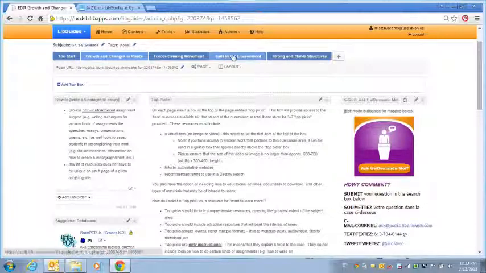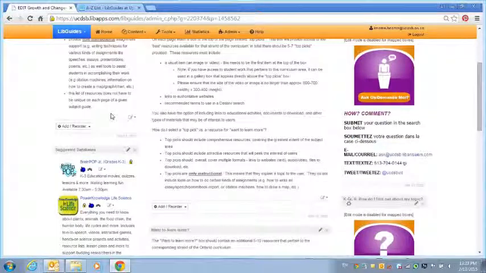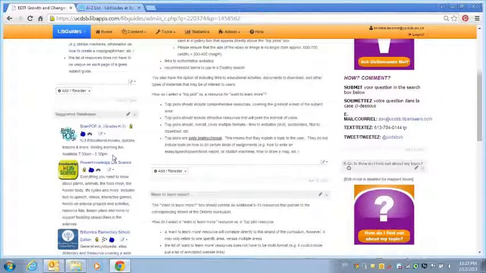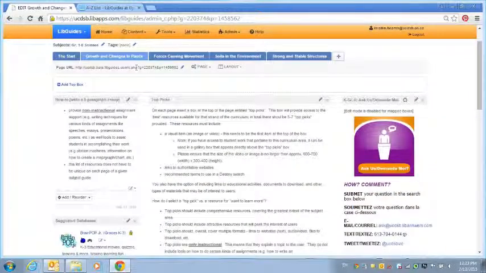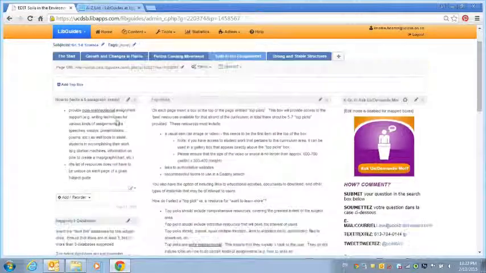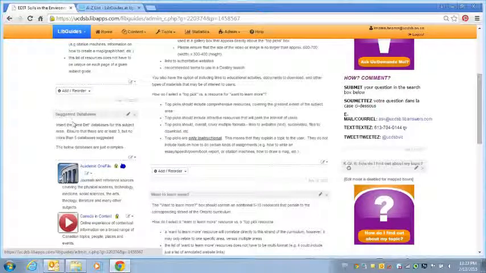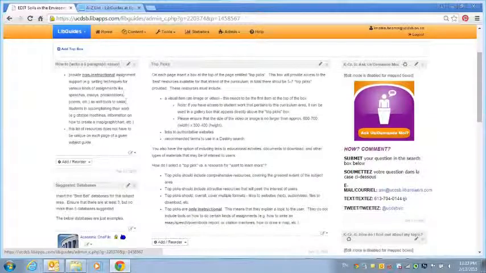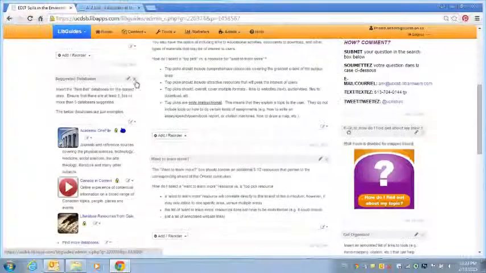However, as this one's for life sciences and that's appropriate for plants, and we imagine that forces causing movement is different, I'm not going to map it there. Perhaps soils in the environment might be a place where I want to map this box. So just to show you how that would be done, I'm going to click on there, and this is where the suggested database box goes, below this how-to box. So I'm simply going to delete it,